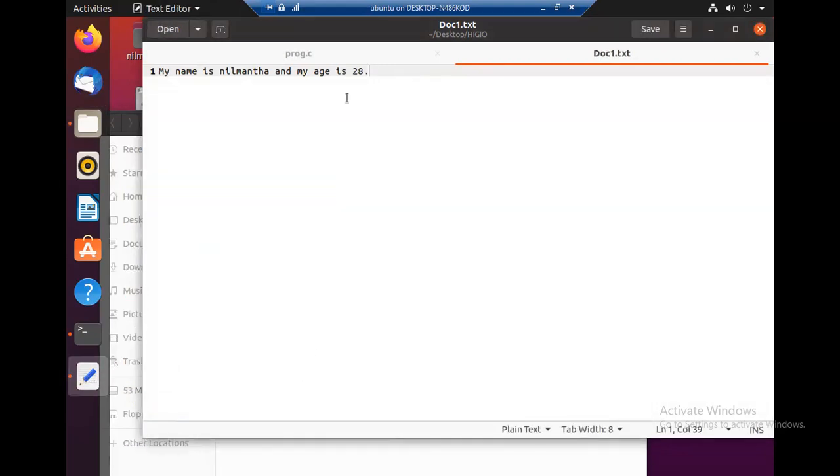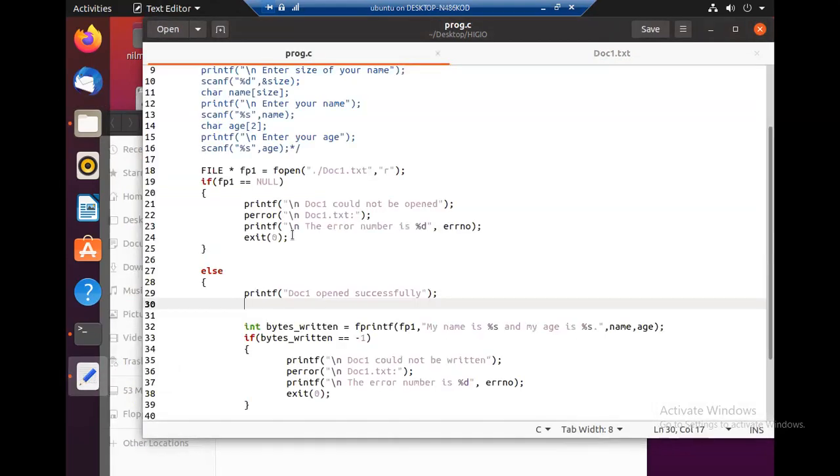What I'm going to code is, we open the document, then we will open another document as document 2. I'll open another file pointer known as fp2 and call the fopen function.